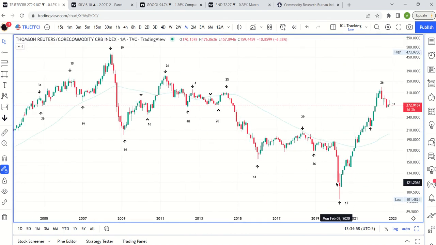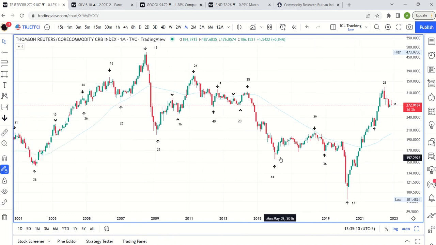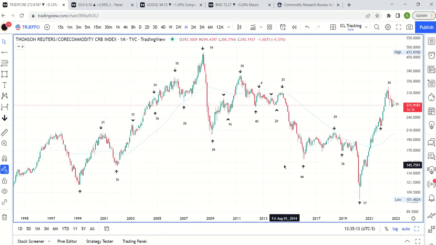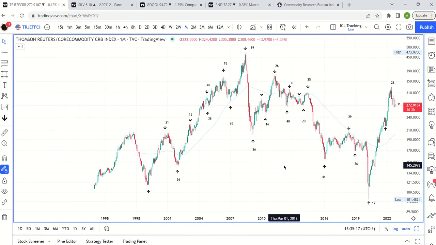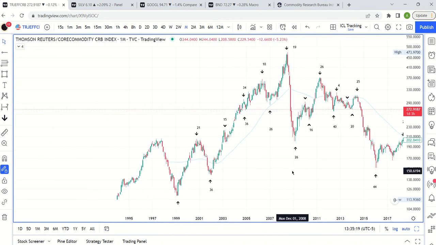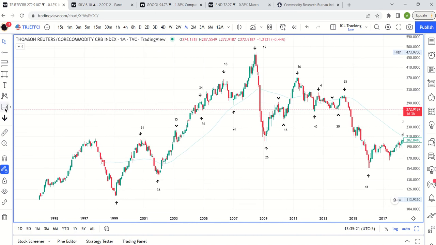So here's the way that we would think about that. Here's a really easy way to think about cycles. Cycles are really just trying to quantify a fixed period of time where you have a rally and a decline, right? And so one easy shorthand to think about cycles is how long previous rallies have lasted. So for instance, this rally from